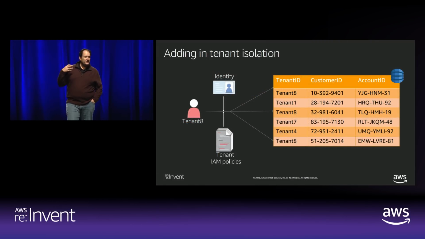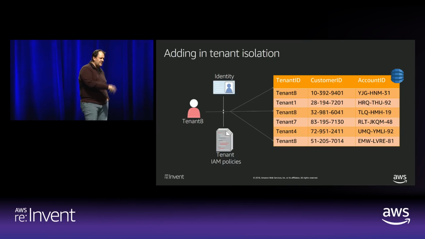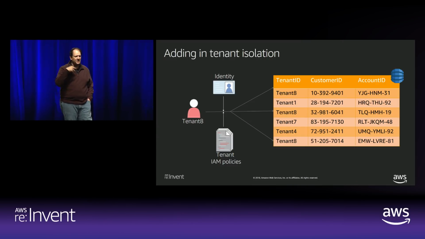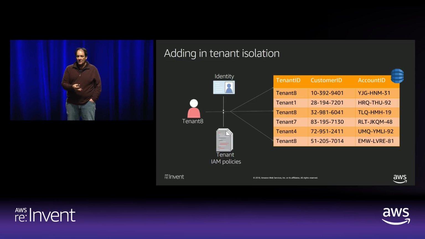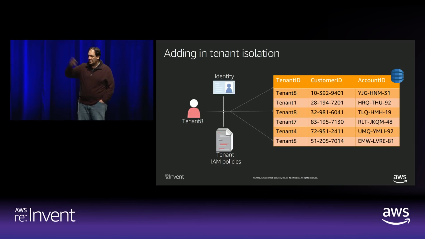Okay, so we've talked about credentials and getting this data and identity and all these things and the storage, and it sort of looks like I've isolated the data with those credentials. But the truth is, right now with the implementation, as I've showed it to you, I really haven't done anything that connects the ID, the identity of the user, to these IAM policies that were created. So right now, when tenant 8 comes in and they invoke this function to go get the items out